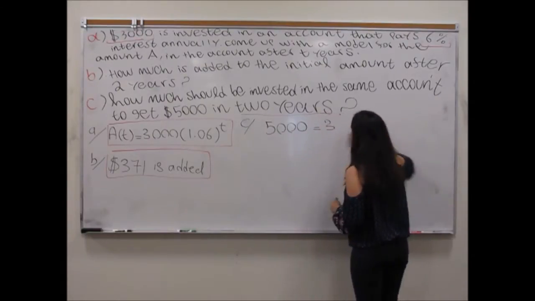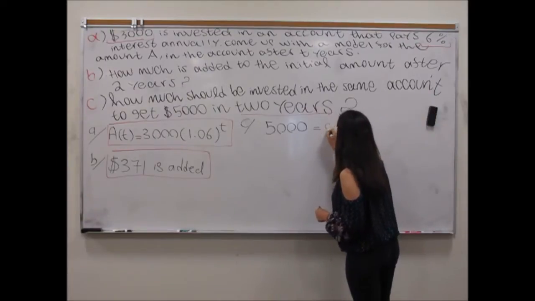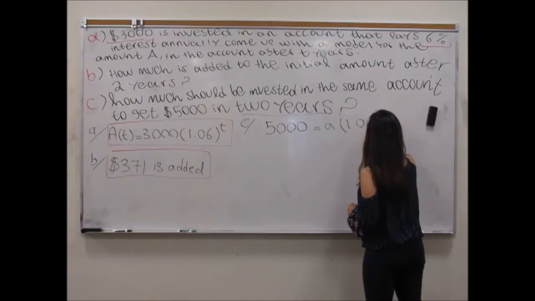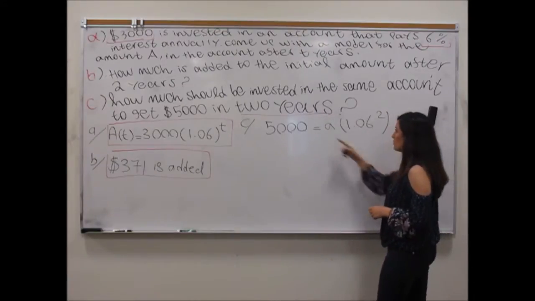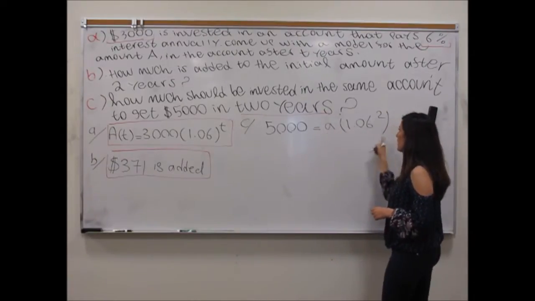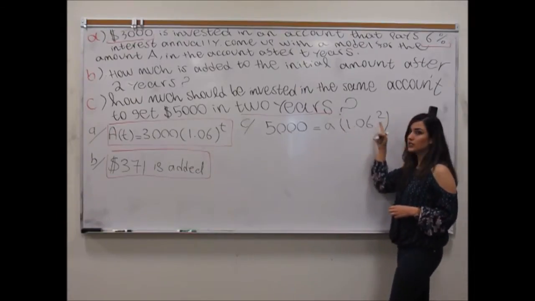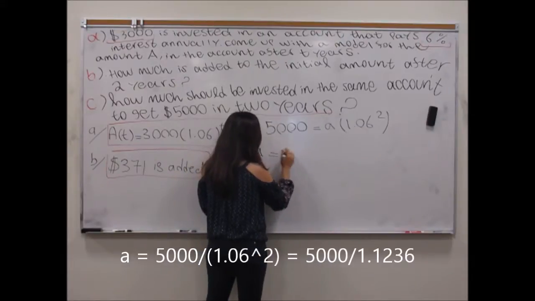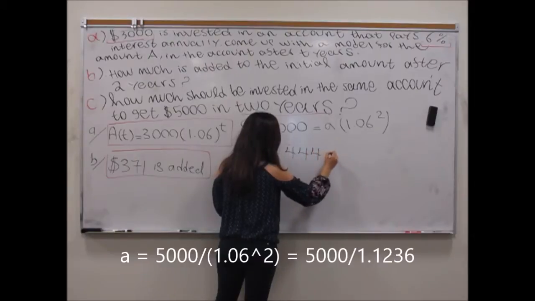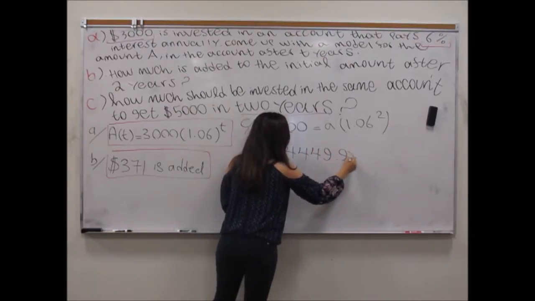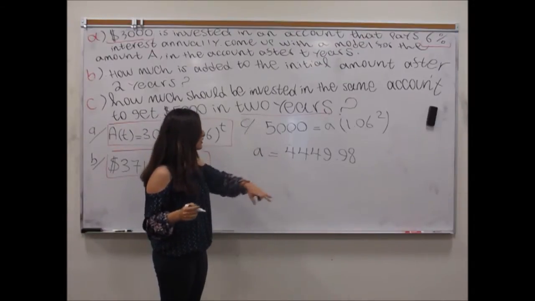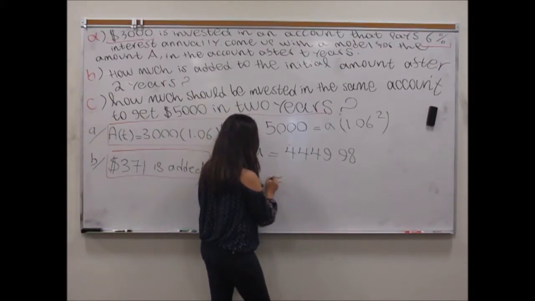So I want $5,000, and I don't know my initial amount. I'm looking for the initial amount, and it's 1.06 to the second power. So to solve for A, divide both sides by 1.06 squared, and our A is, if you use your calculator, you're going to get this number, and then if you round off to the nearest dollar, you are going to get